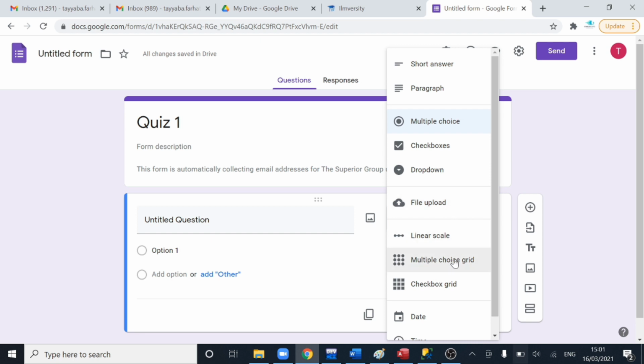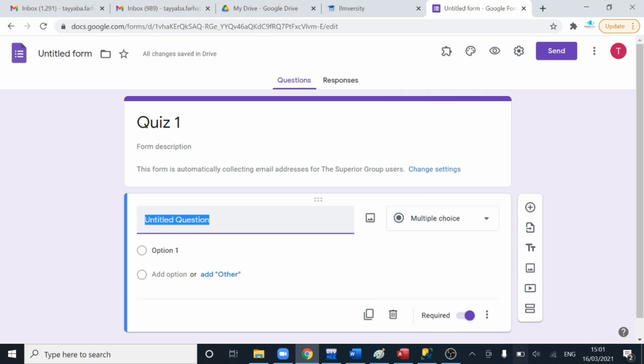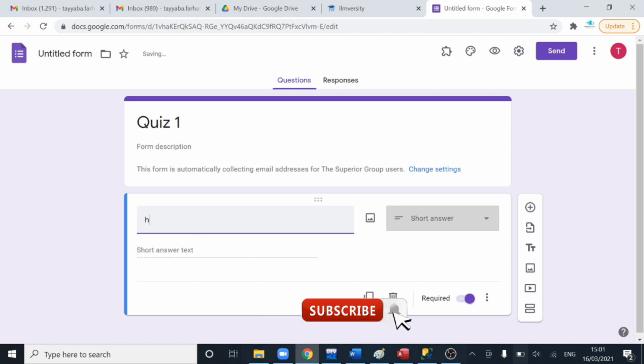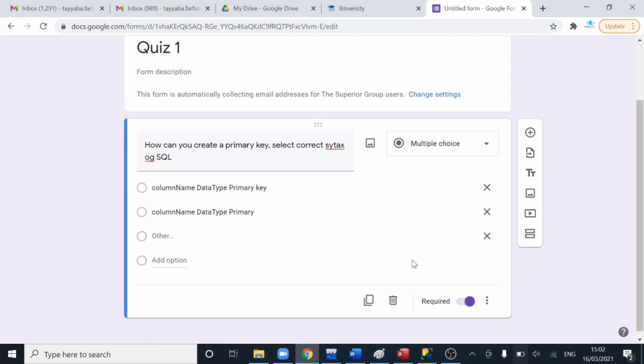After choosing the type of question, we need to see what we want to make for this form. That means that if I need to convert this form into a quiz, I have to select the correct option from here. So I'm writing a demo question here for your help, and after that you can assign some options. So that is the way you can provide multiple options to your question, and you can see an option for others. You can check that, so your students can write another option for it. So I have completed one question, and this is a button to make your question compulsory for student. If you are not going to check this, then this question would be optional for your student.